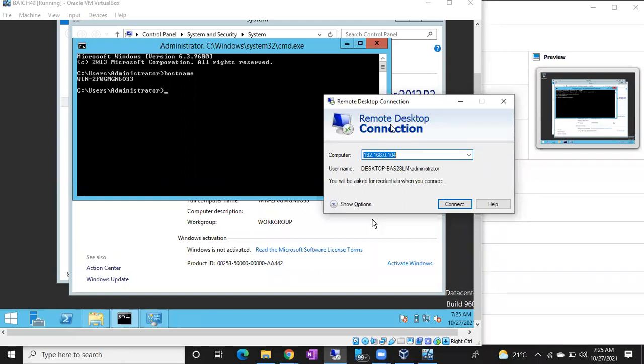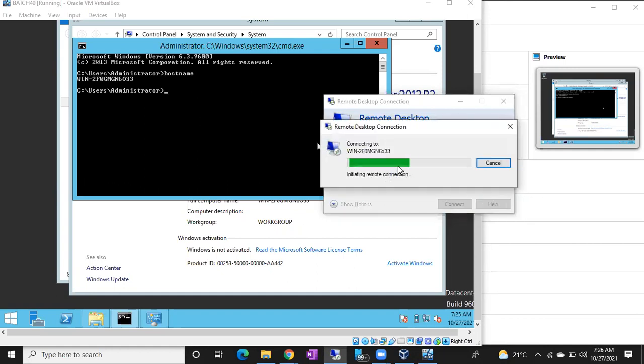Fine, so let me try typing this server name. WIN-2F0M6O33. It's not zero. You can see here zero will have a line. Yeah, this is the O. Let me try connecting.